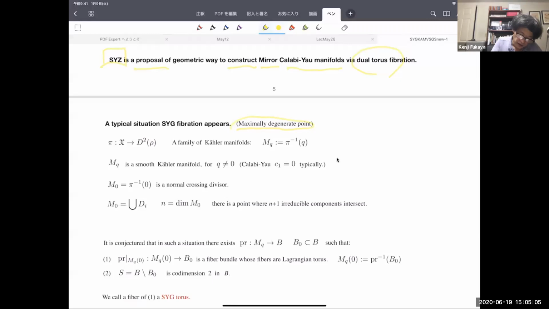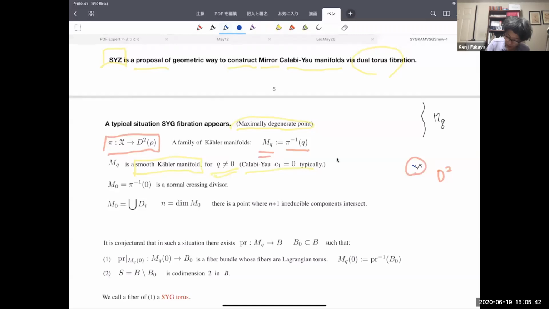So we consider a family of Kähler manifolds parameterized by a two-dimensional disk D². So π is a holomorphic map, and we consider M_q, which is the fiber over the point q in D². And we assume that these fibers are smooth Kähler manifolds for non-zero q, and maybe Calabi-Yau. And the fiber at zero is singular, and it is a